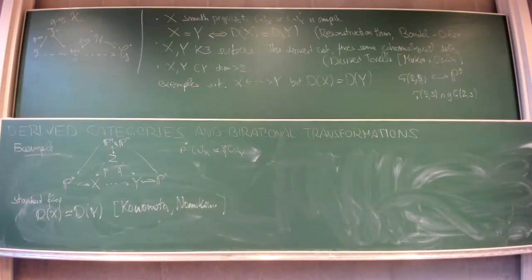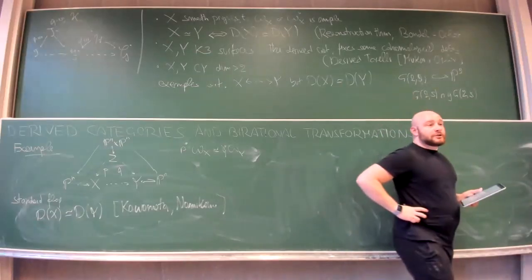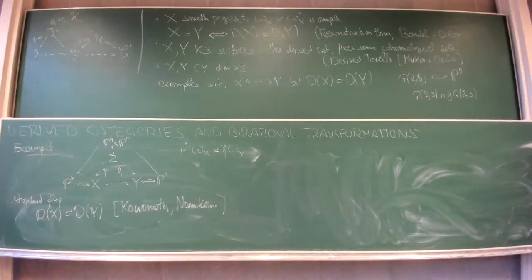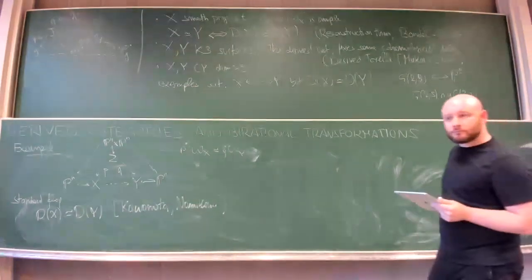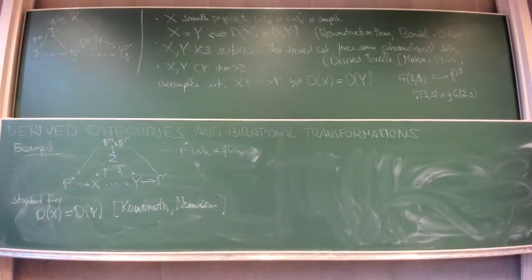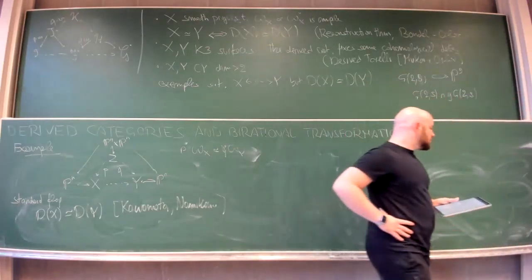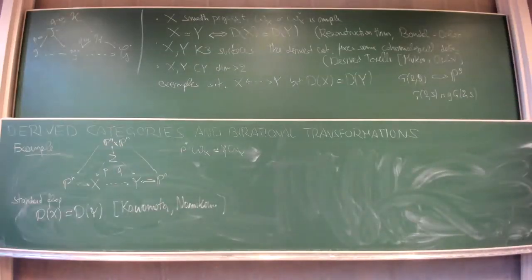So can you give an example of two varieties that are birational equivalents but not derived equivalent? Yeah, an irrational variety and P^n, something like this, for instance. An irrational variety and a projective space of the same dimension, I guess. They are not necessarily derived equivalent. Yeah, I think if I... Is the derived category of